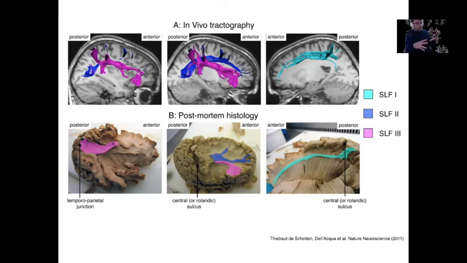You put it into the freezer and the water can break the organization of the inside of the brain just because it's easier to break along the path of axons rather than across them. Then when you're doing your postmortem dissection, after unfreezing the brain, you can see the main white matter structures, peel, and see different pathways very clearly. And I highlighted here for you the SLF1, 2, and 3 that we've been able to see in postmortem dissections.